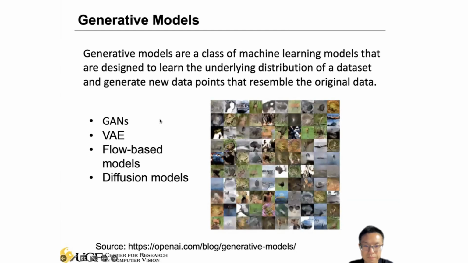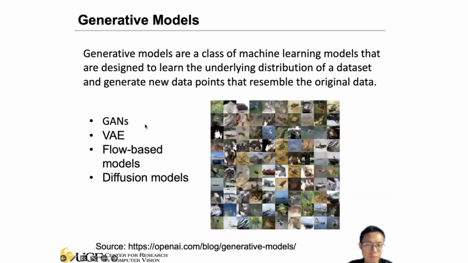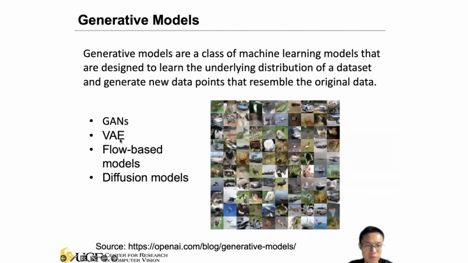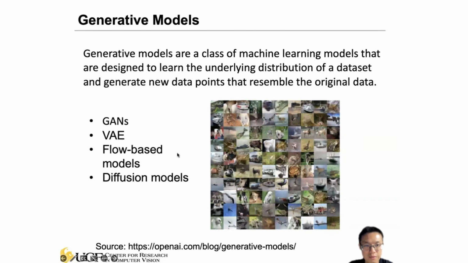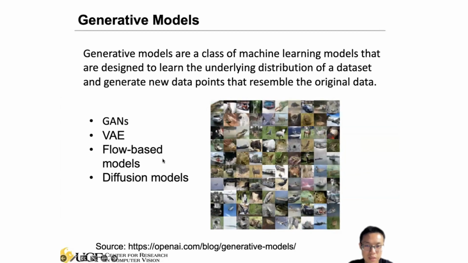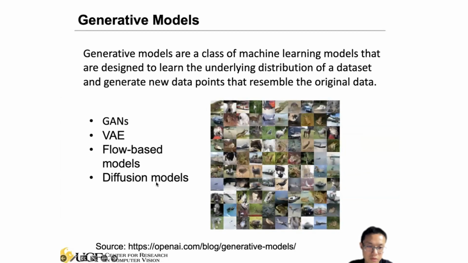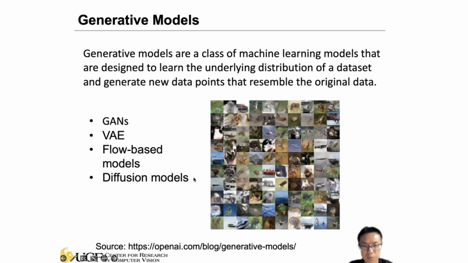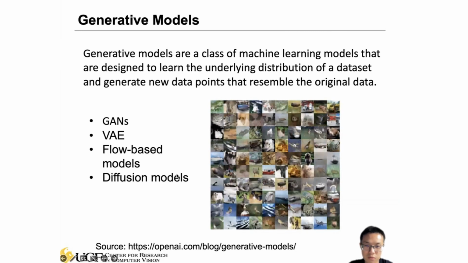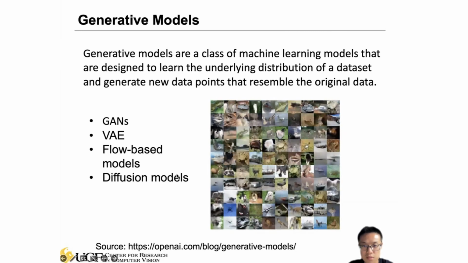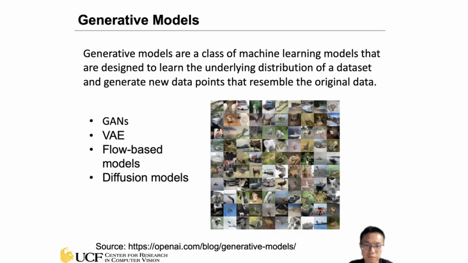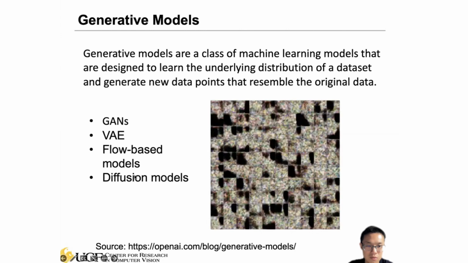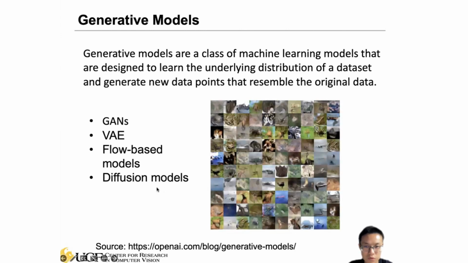So some of the classic models or methods, again, generative adversarial networks, right? And also variational autoencoders. And we also have some flow-based models. And then we have these diffusion models, right? Getting a lot of attention, with a lot of applications using diffusion models, right? Text to image, image to image translation, text to video, right? Image and video editing, etc. So you can see a lot of applications starting to use diffusion models.